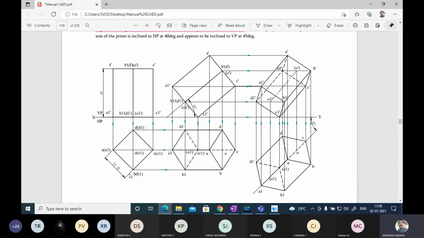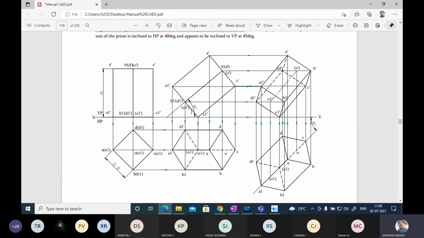Here they have taken A, B, C, D, so that A1, B, B1, C, C1, and D, D1, and the observer standing here. So it is A1, and this is B, B1, and behind that D, D1, and in between you can write O1 also, and C, C1. O1 actually you should write in bracket, or without bracket also you can write it, no problem, because the axis is imaginary. I cannot show it properly.